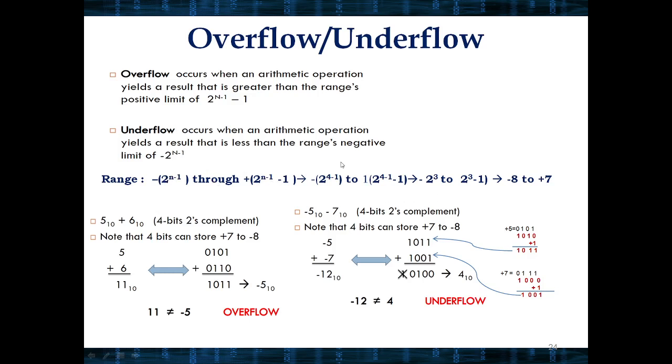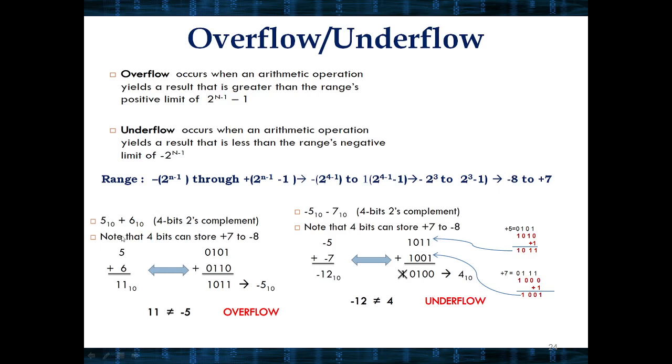Okay, so here generally we will be considering a 4-bit number. So for a 4-bit number, the n value will be 4. So the range is minus 2 to the power 3 to 2 to the power 3 minus 1. It is not 1, it is plus value. So minus 8 to plus 7. The result should be within this range. If the value is more than 7, then we can say that it is an overflow condition. If it is less than this value, a negative value, then we can say that it is an underflow condition.